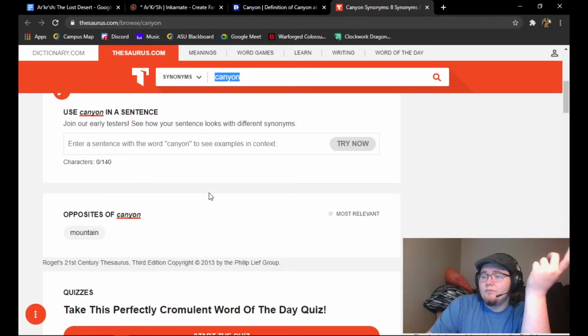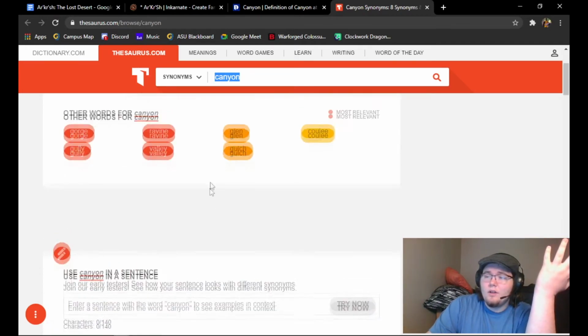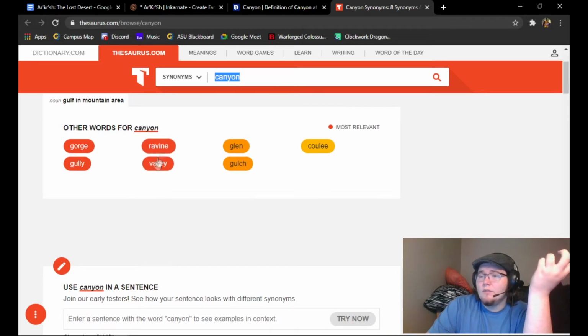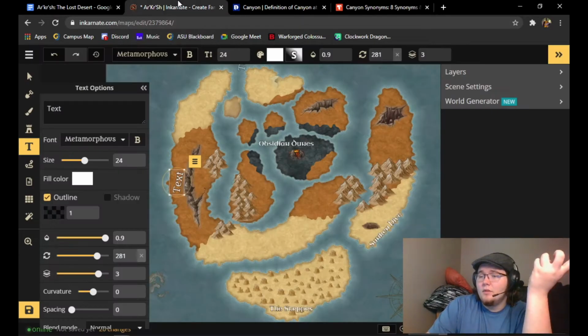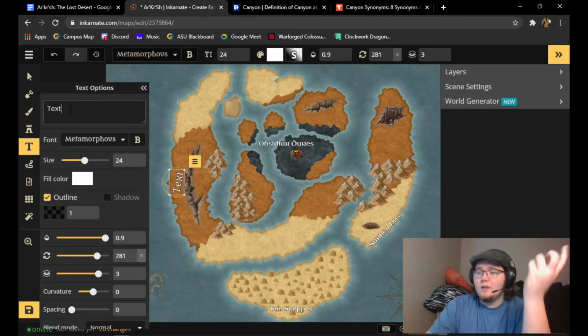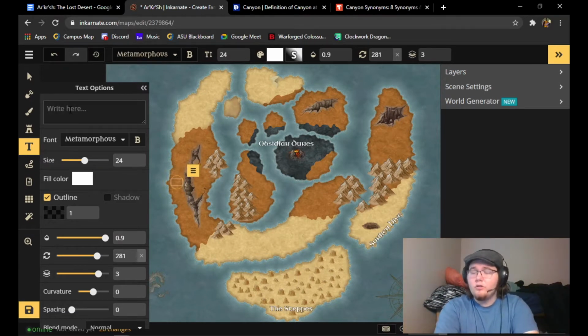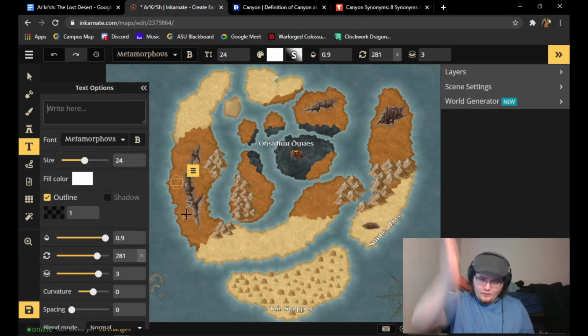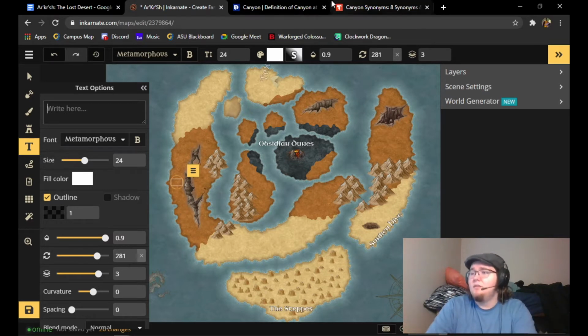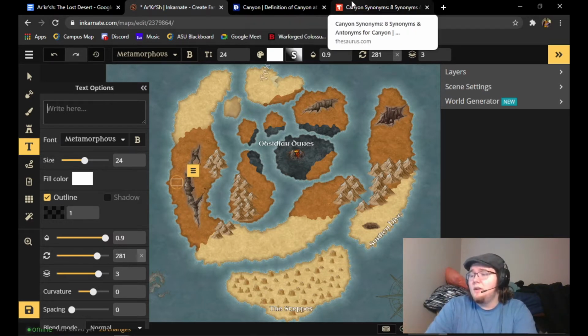So, not a whole lot to replace with. However, since this is a massive gorge, I think I like the use of gorge. Then we needed one descriptor for it. So this thing's going to spread well over 100 miles across the continent. So it's massive.